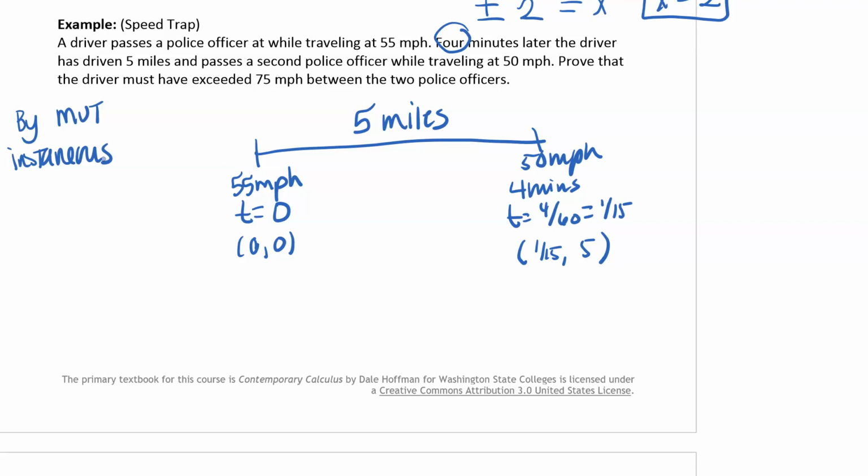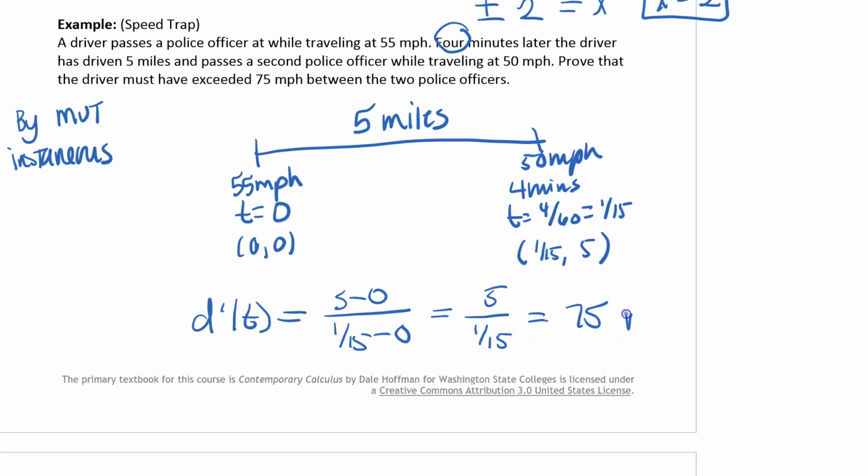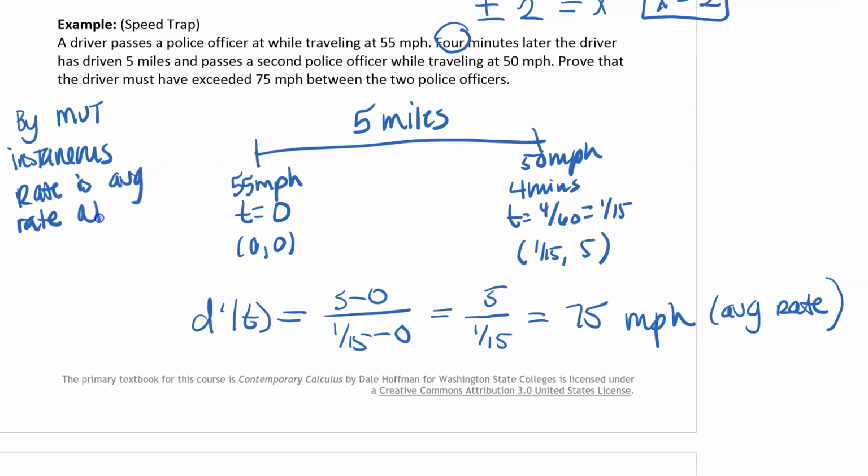And so what I want to do is look at my derivative. That means my derivative at some point of that function would be equal to the average value, so I'm going to find the slope: 5 minus 0 over 1/15 minus 0. That gives me a value of 5 over 1/15, which is equal to 75 miles per hour. So the average rate of change was 75 miles per hour. And by the mean value theorem, the instantaneous rate is equal to the average rate at some point